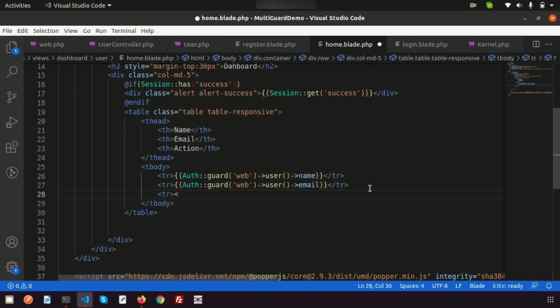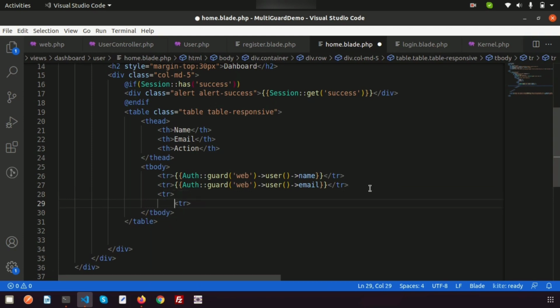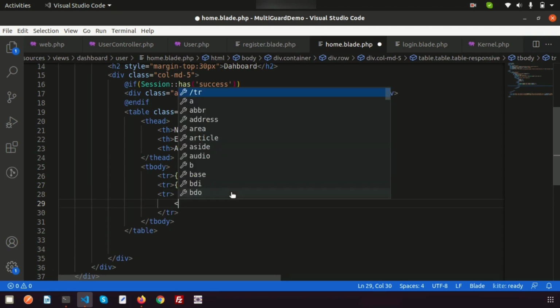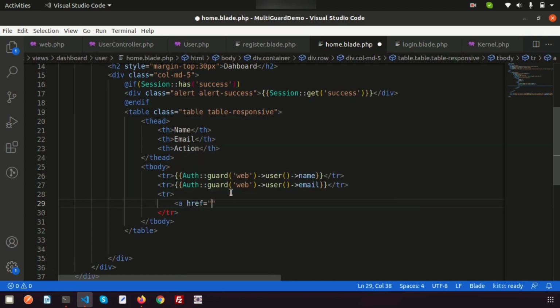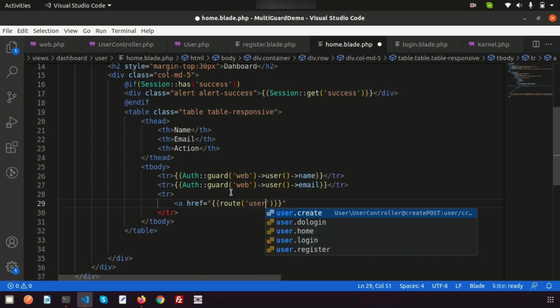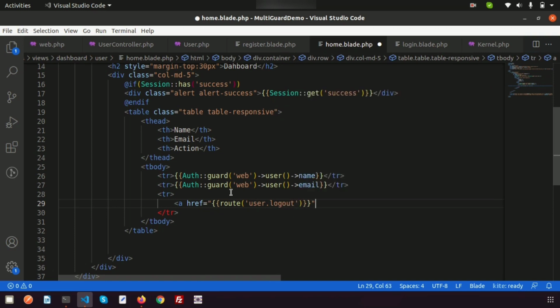The next thing, we'll create a logout link, so right here the td, and inside here we'll create the logout. Basically to log out we need to submit a form, we want to log out by using post, so here simply write anchor tag href, and here the link will be the route. We need to create this link, but I am calling it before creating it, so right here user, write user.logout, and then we are using the onclick event to log out, right? So here simply write logout,